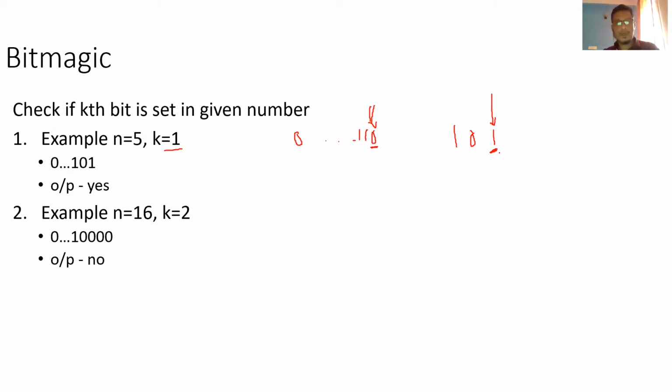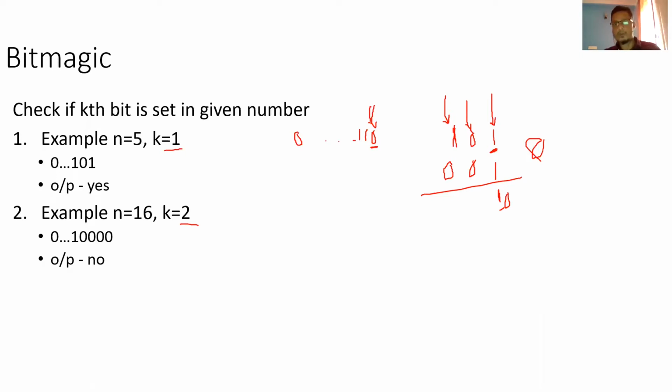This is pretty simple when I'm checking the last bit. Now let's say I want to check the second bit. How will you do it? The first bit is very simple: you can AND with 1 and check the output, whatever comes. If the output is an odd number, then the bit is set, it is a 1. If the output is an even number, it means it is 0, which signifies that the bit is not set. But the question comes: you want to check the third bit, k equal to 3. How will you check this bit?